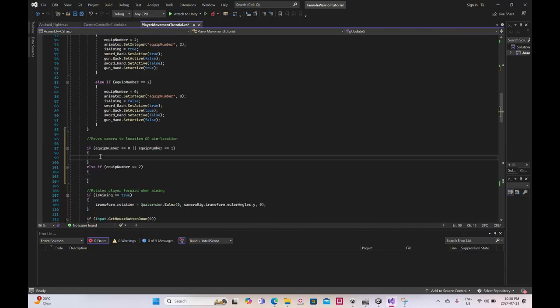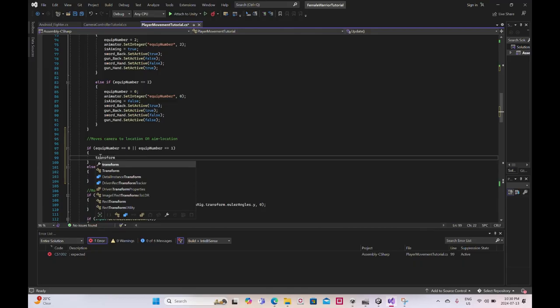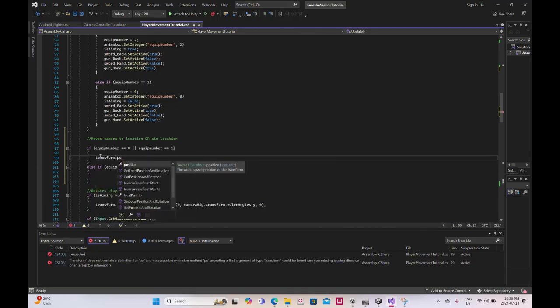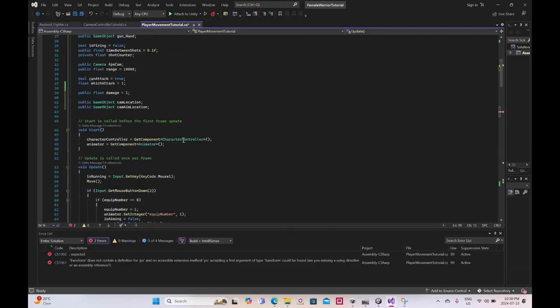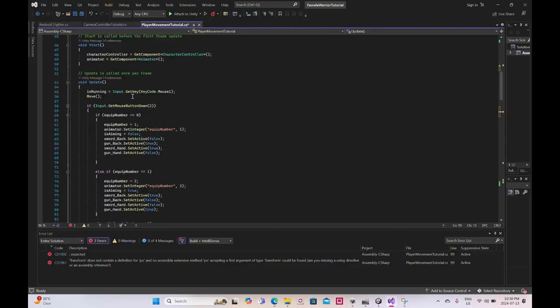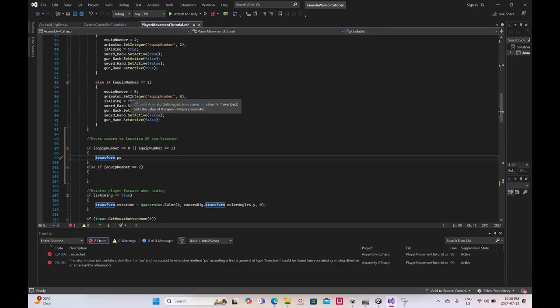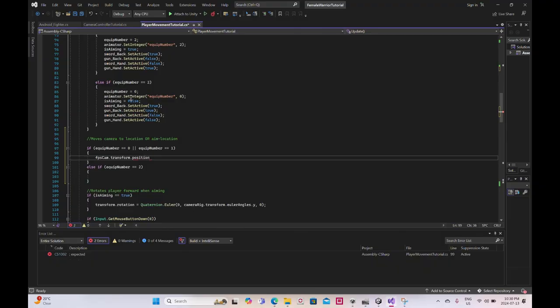So I'm going to type in transform dot, sorry, FPS cam dot transform position